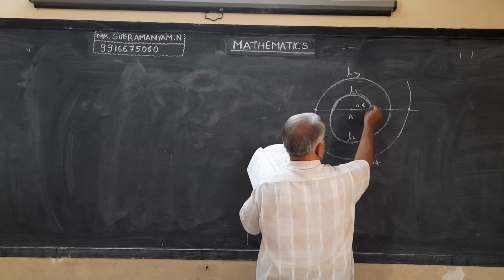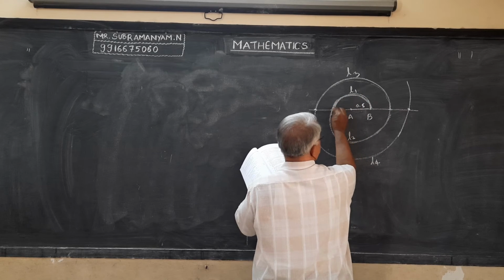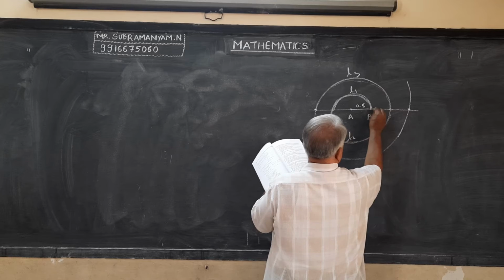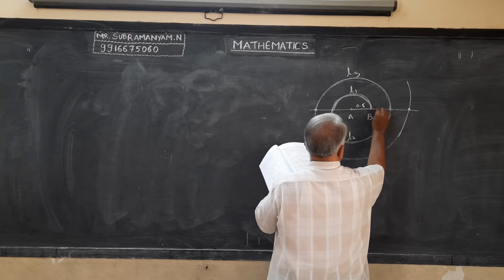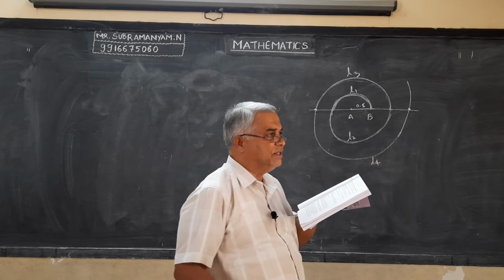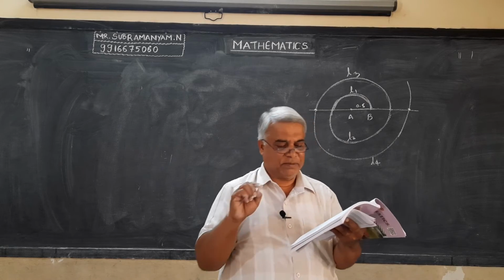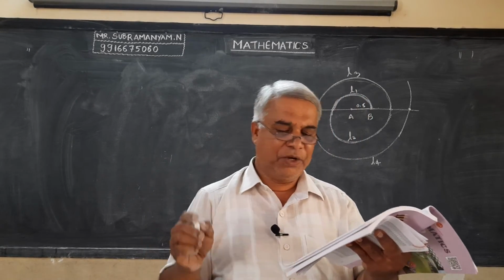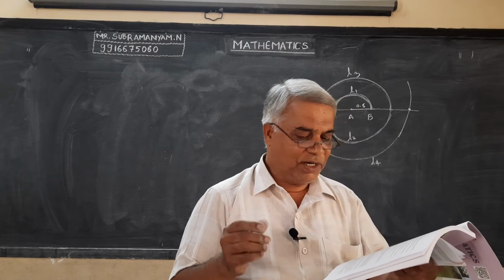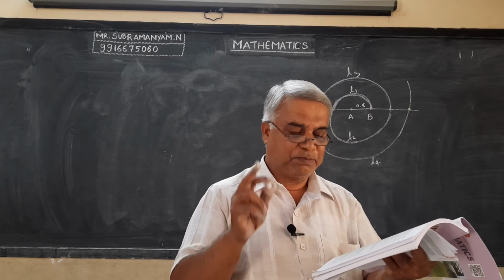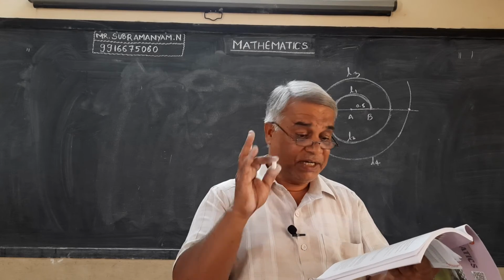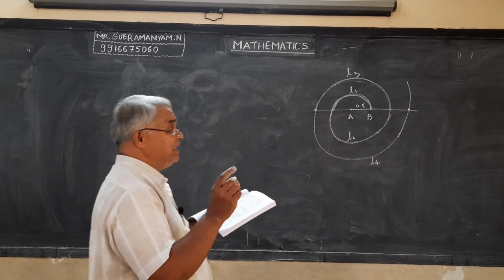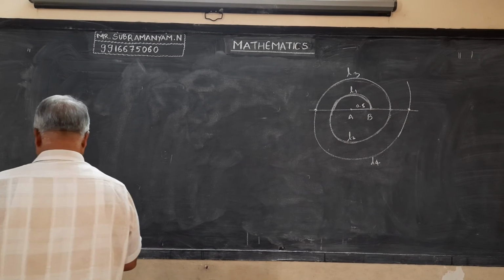Now, from here to here, this is over. Here to here, again we are going to add another 0.5. Then it will be 1 centimeter. Like that, 0.5, 1, 1.5, 2, as shown in the figure. What is the total length of a spiral made of 13 successive semicircles? 13, so let us solve the problem.